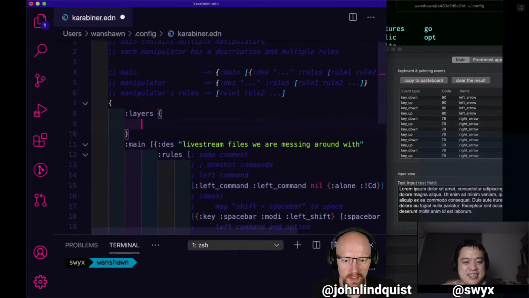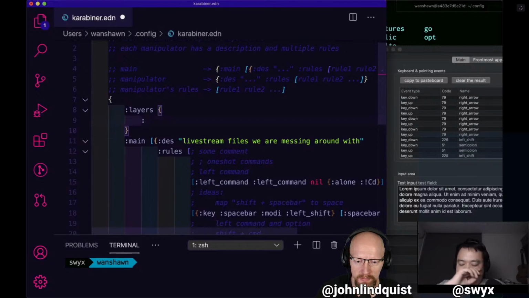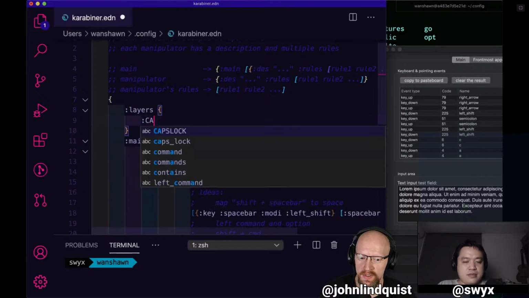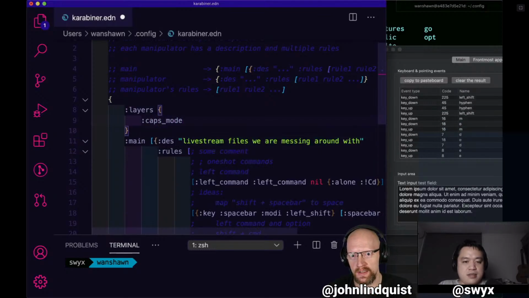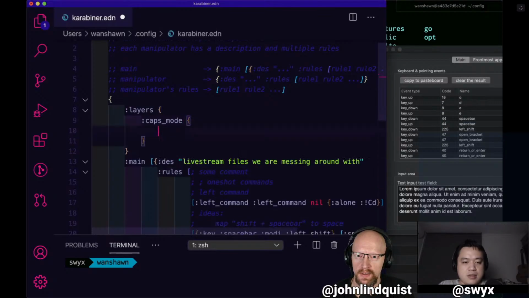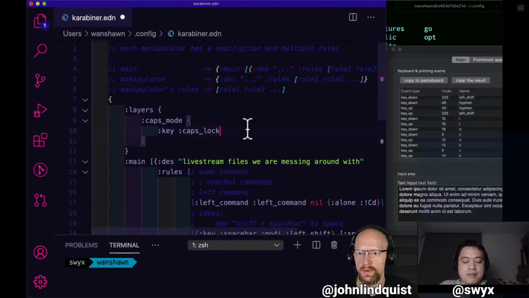All right, so type a colon and we'll call this caps lock mode or something. So just caps, like underscore? No, just a word. This is essentially creating a conditional caps mode. Okay. And then space and curly braces. And we're doing a from again, so we're going to do a :key. No array syntax, just :key. And then space and :caps underscore lock. All right. So now if you hit save,